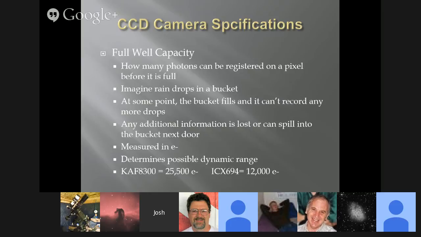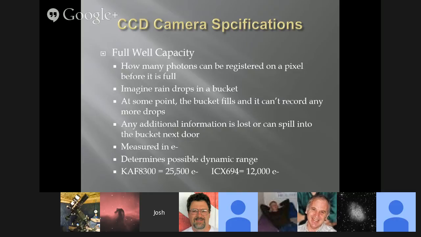Usually in narrowband imaging, you're only going to lose information in very few of your pixels on the brighter stars. But when you're doing actual color imaging, it's a real problem. You can lose star colors if you expose too long. I think some people expose 10, maybe 15 minutes for their RGB filters, and at that point you're starting to push it, and you're definitely going to be saturating some of your stars and pushing them past the full well